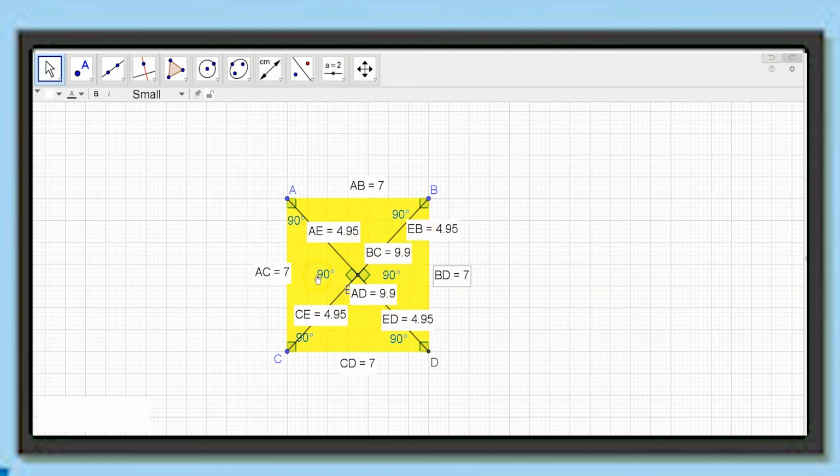So, I can say a square is a parallelogram all of whose angles are equal to 90 degrees. The diagonals are equal and they bisect each other at 90 degrees. So, these are the properties of a square which is something extra compared to that of a parallelogram. Because a square has all the properties of all the parallelograms, that is the rectangle, the rhombus and the parallelogram itself, it is a very special variety of parallelogram.